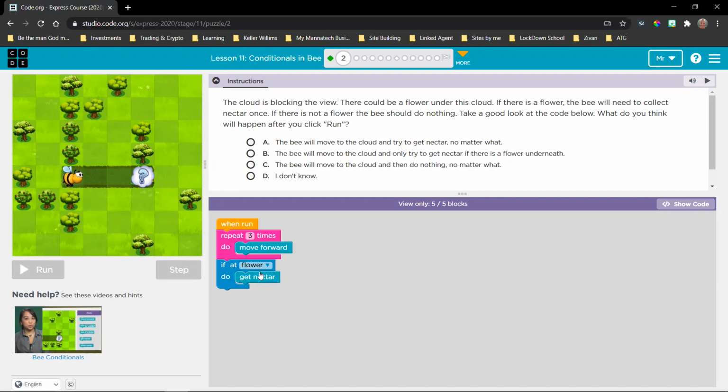That is really important because if you try to execute the get nectar block on a space on your play area that doesn't have anything on it, you get an error here at the top telling you, listen, I cannot harvest that nectar from here, or it's too far away or something like that. So this if really helps us out there. So in your opinion, what is the answer here? Type it to me in the chat box. A, B, or C? Definitely not D.